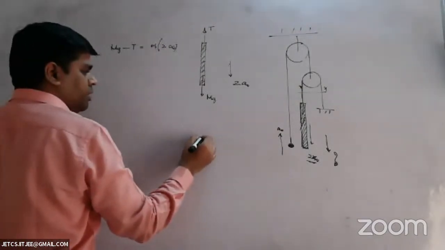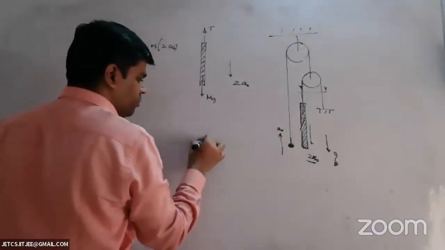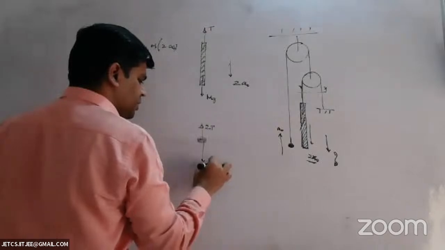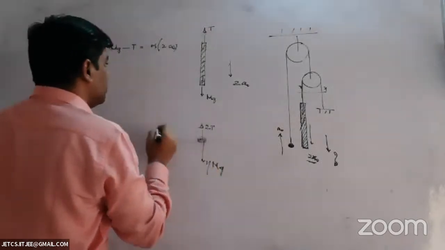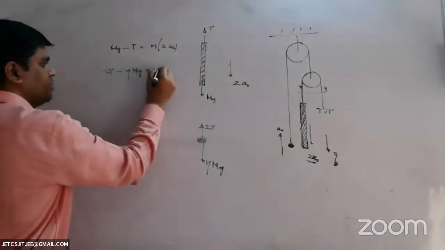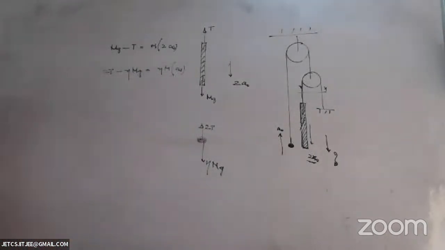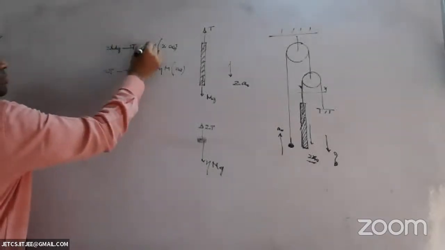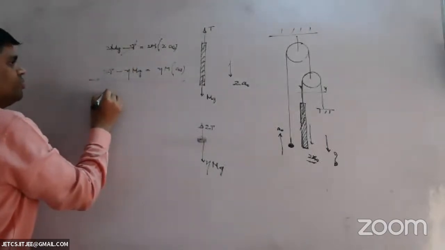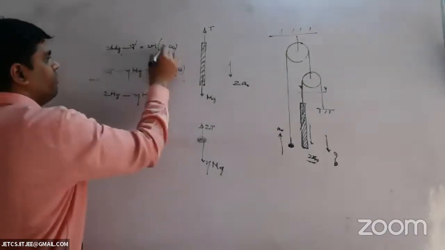Similarly, for the ball, this is 2T, this is eta mg. So I'll have 2T minus eta mg is equal to eta times m times a naught. I multiply this with 2, add these two equations, 2T gets cancelled out. I'll have 2mg minus eta mg is equal to just